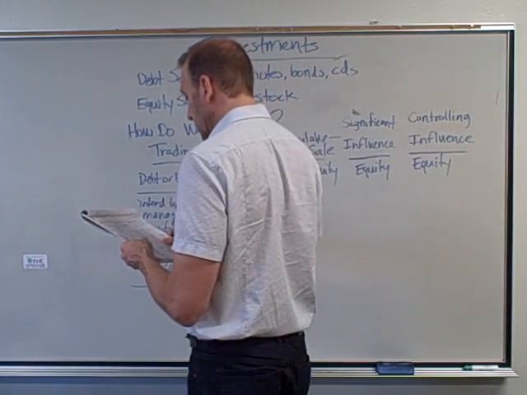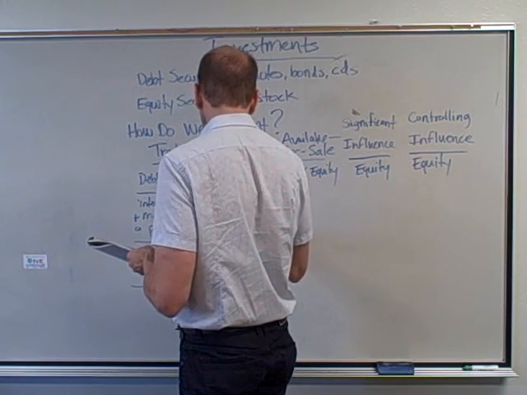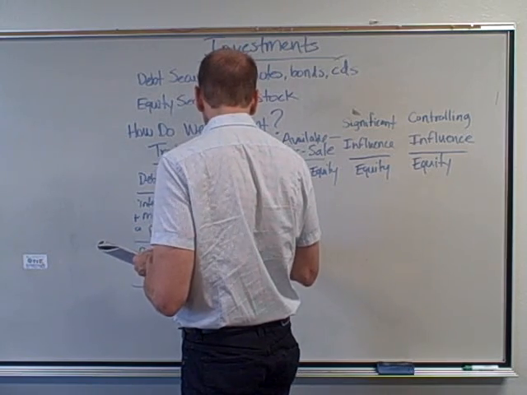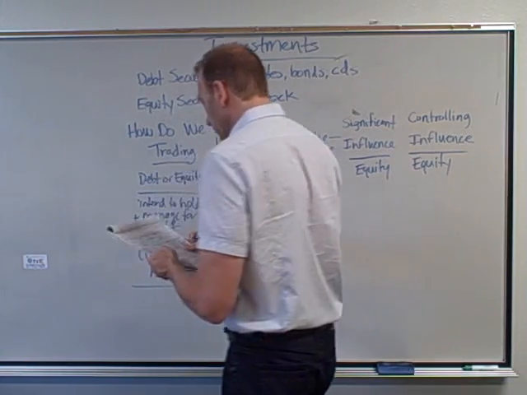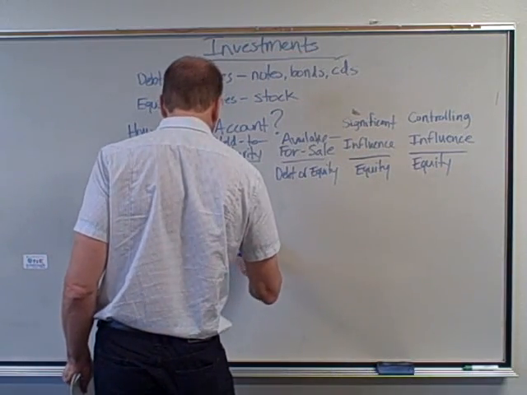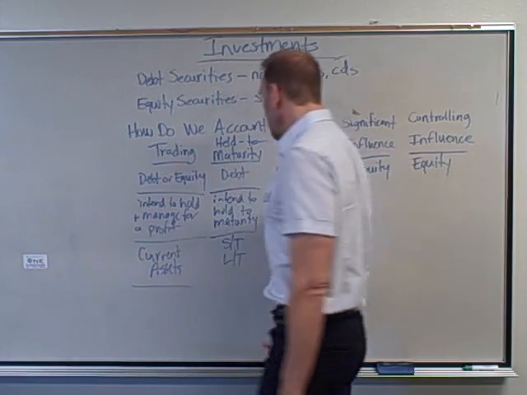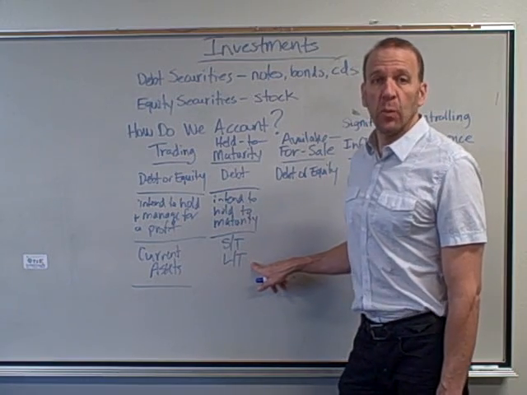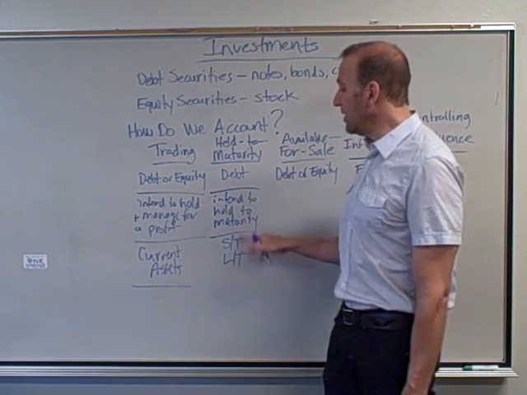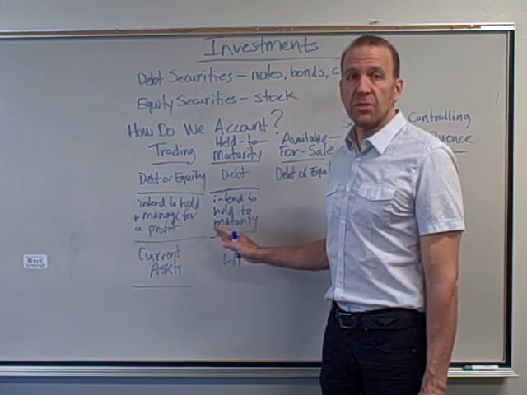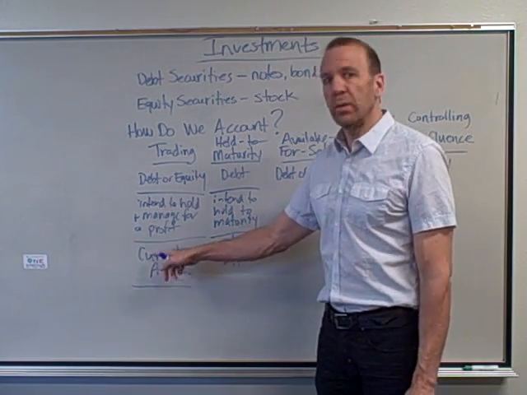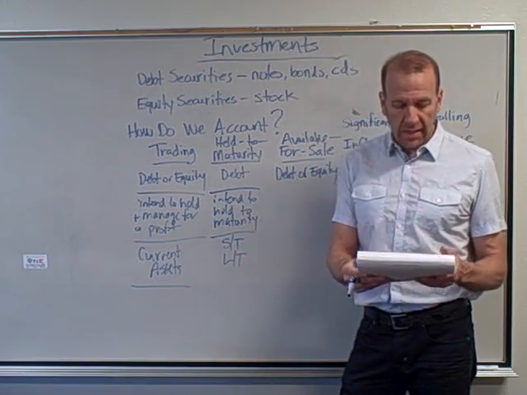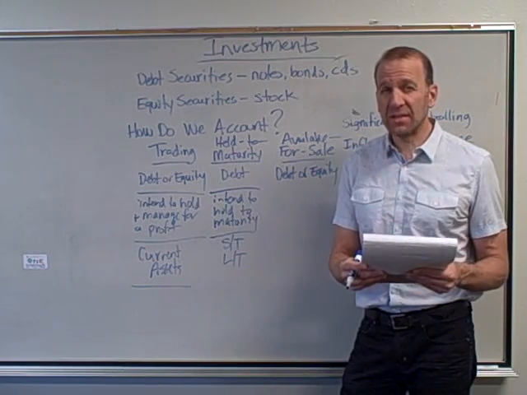We intend to be able to hold to maturity, just like the name says. This can be recorded as either short-term or long-term, okay? If we're planning on holding it for a year or less, it's going to be short-term. Anything over a year, we would categorize as long-term. We record these at cost as well. Now, there's no adjustment for these though, okay? Trading we adjust for fair market value. This we do not adjust, okay? However, it's reported at its amortized cost. I just want to point this out.